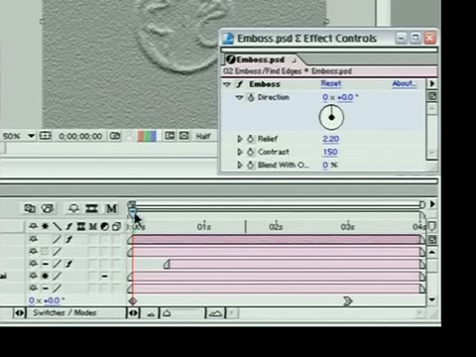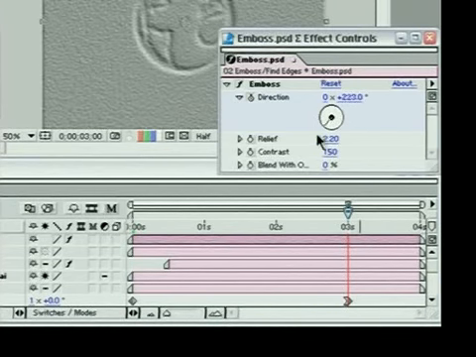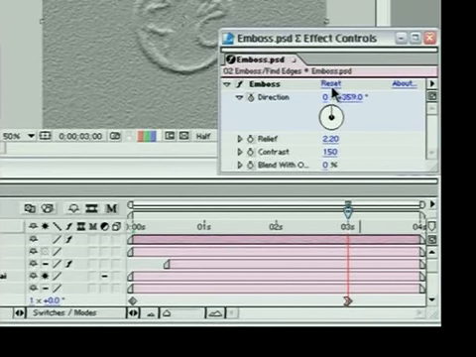the top. And then if we scroll through the timeline to 3 seconds, I always tend to hold down the shift key at this point, because if I have a keyframe on the timeline already, it will snap my cursor into that place so I know exactly where my effect is going to end. And then all we need to do is drag the angle around a full 360-degree turn, or just